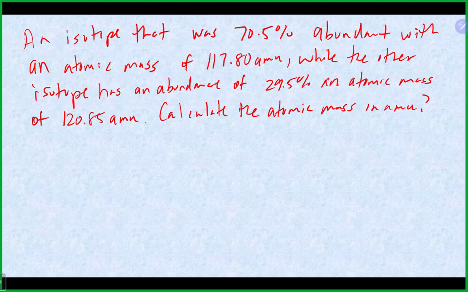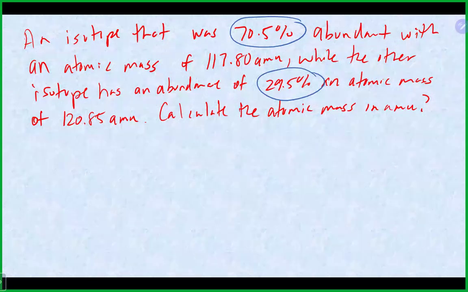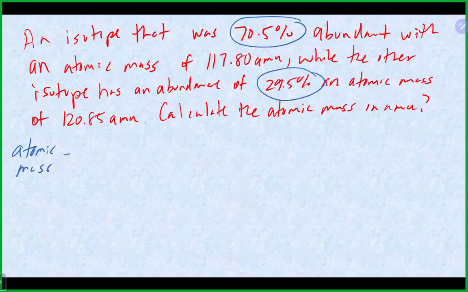Okay, so once again here, if we take a look at our two isotopes and look at the percentages, we are near that 100 number, which is what we're looking for. So again, we'll take our first isotope, which was 70.5. Just moving the decimal place 2 places to the left, we're going to times it by the atomic mass of that first isotope, which is